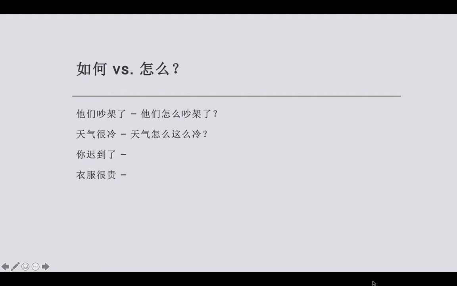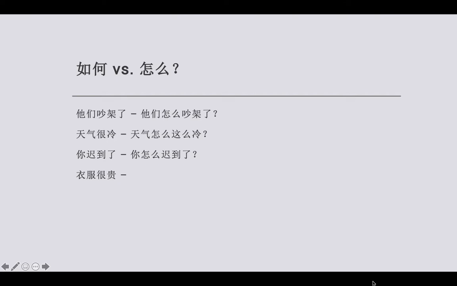Let's try another one with the verb. 你迟到了。你 you, 迟到 are late. Être en retard. 你迟到了。You are late. Why are you late? How to say it in Chinese? Yes. 你怎么迟到了？